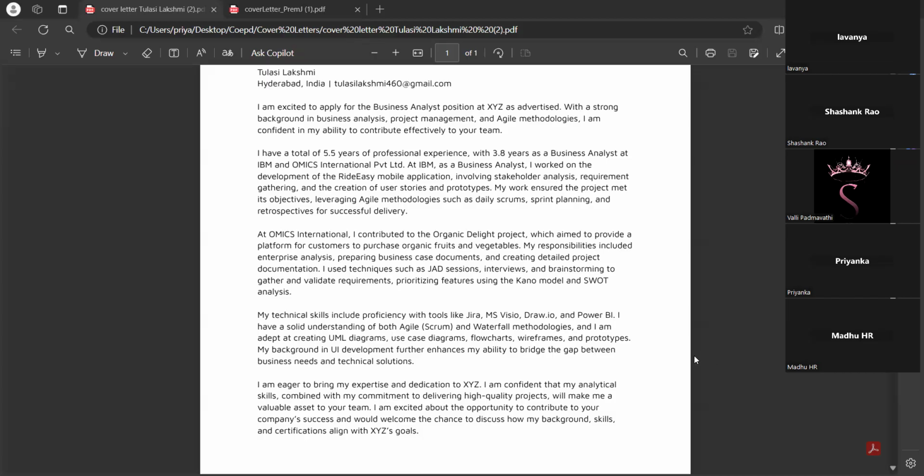Am I audible? Yeah. Can you explain to me what's the difference between requirements gathering and requirement elicitation? Requirement elicitation, in my point of view, is when we are sitting with the stakeholders, or in interview calls, or doing document analysis. All of that can come under requirement elicitation. They are techniques.